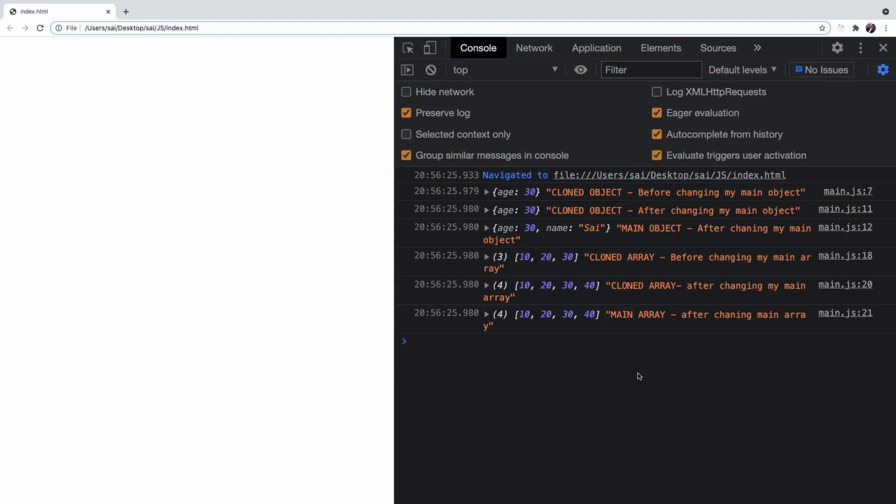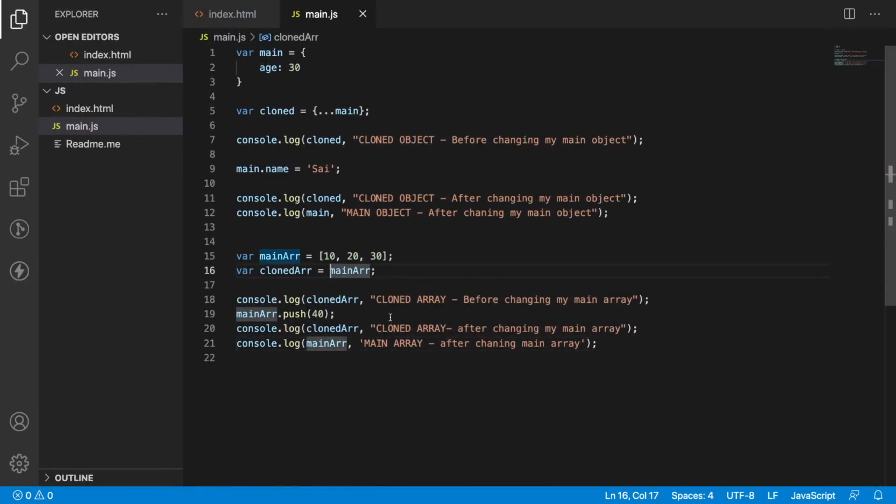Now let's try to avoid this shallow clone for our arrays. Same thing, we can use three methods. One is Object.assign of an array, and cloning. So here my cloned array is changed with an assign. So we are using an array, but why are we using Object.assign? In JavaScript, everything is treated as an object. So even the assign method will work for our array. So I'm assigning to an array, and now what will happen is it will create a new reference for our cloned array, and whenever there is a change in the main array, it will not affect our cloned array.